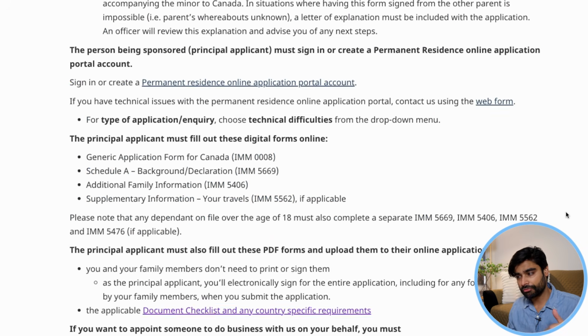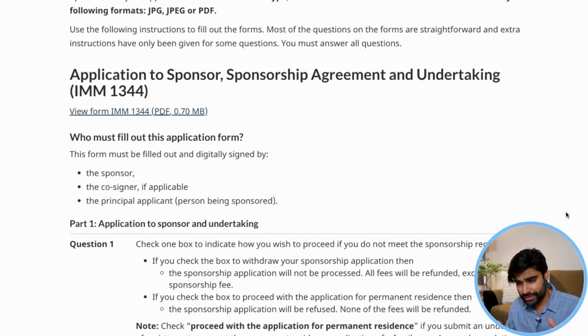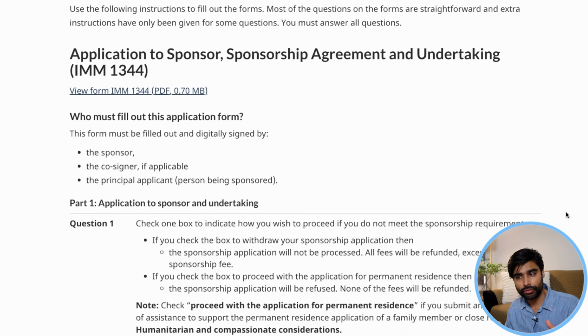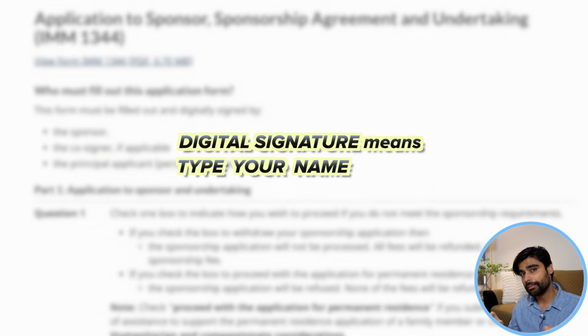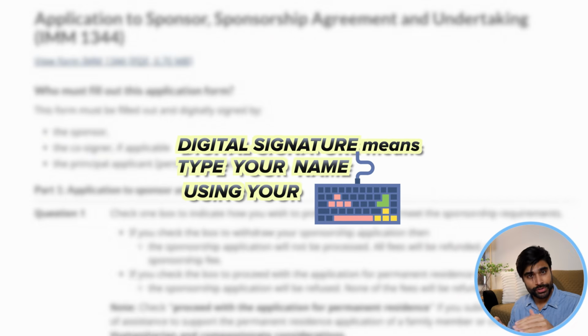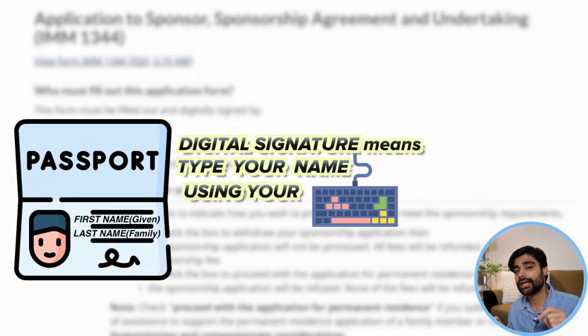If I scroll down even further and go up to the specific instructions for 1344, as you can see, it says here, this form must be filled out and digitally signed by the sponsor and the principal applicant. Ignore the co-signer because it doesn't apply. So digital and electronic signature means the same thing. It means to type your name using your keyboard in these boxes provided, your name exactly as it appears on